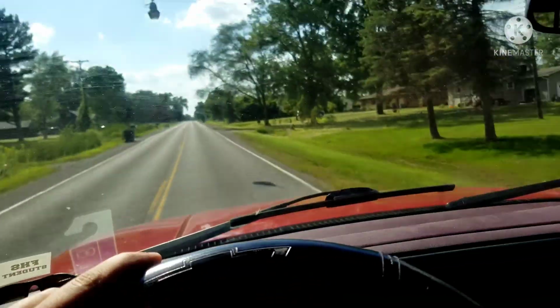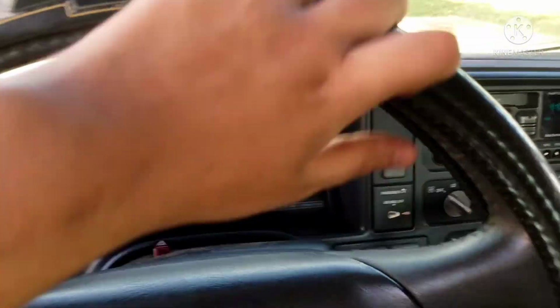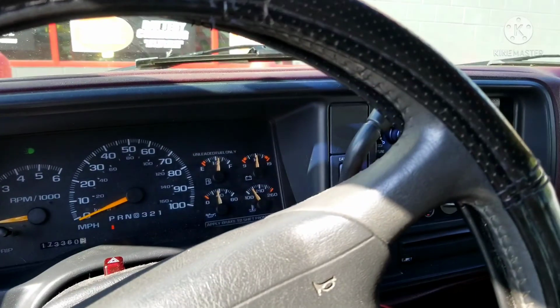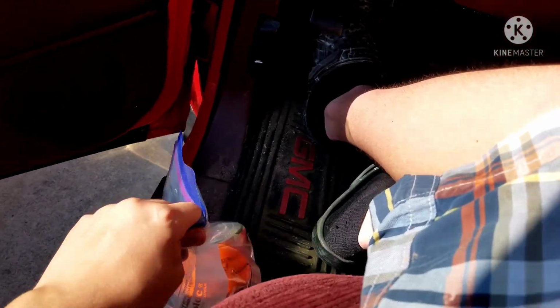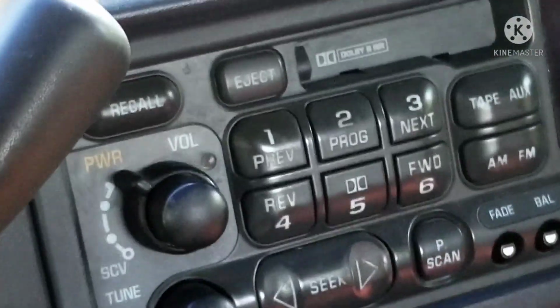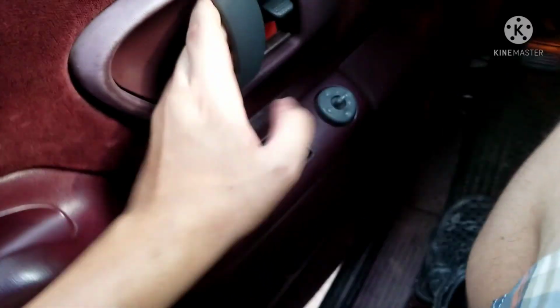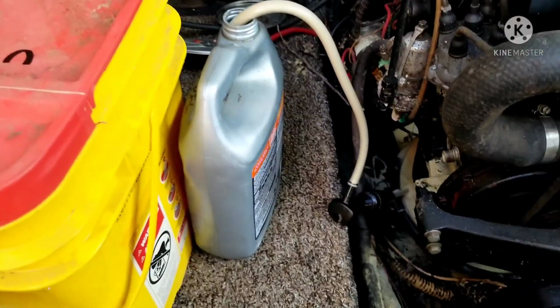Rather nice day out. Let's get a good spot here. Alrighty, got the parts right down there. Now I gotta sit here and pump